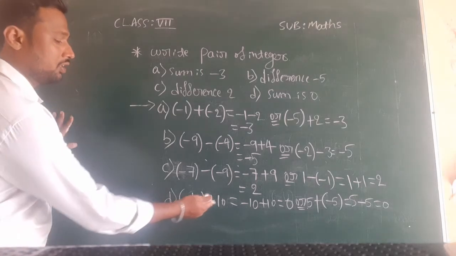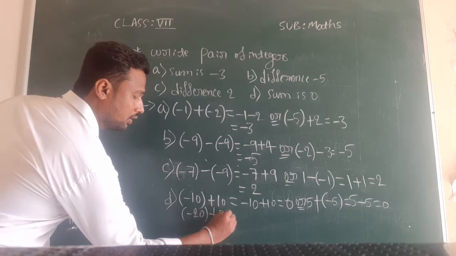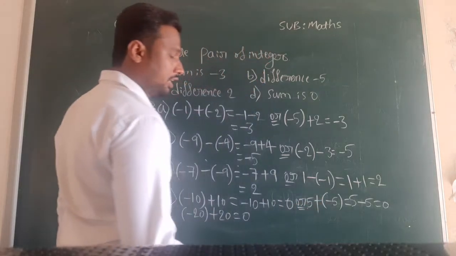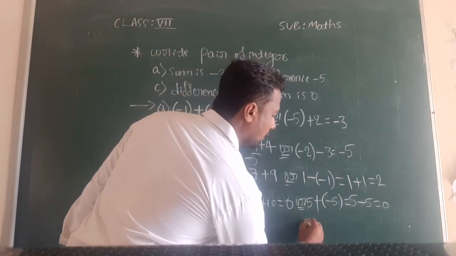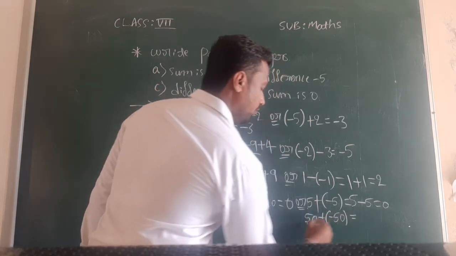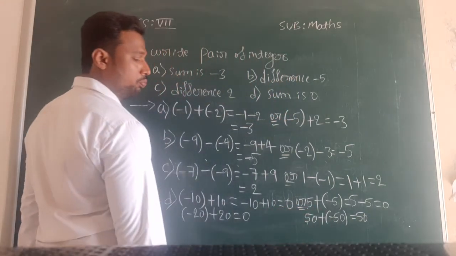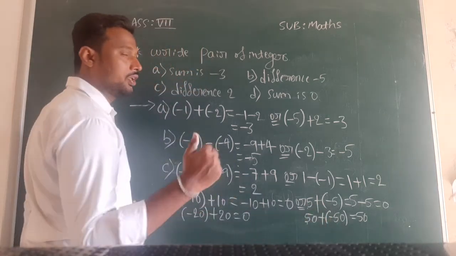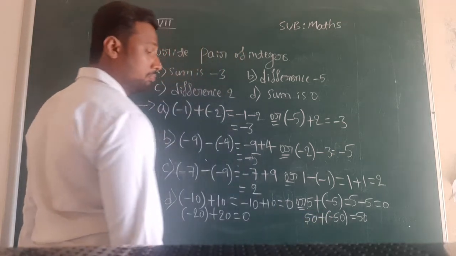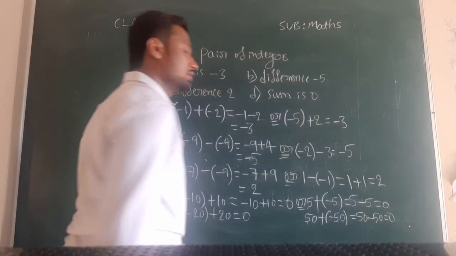Suppose for example in place of 10 if we consider 20, then also we will get the same answer. Minus 20 plus 20 means 0 only. Here in place of 5 if we consider any value other than this, 50 plus into bracket minus 50 means what we will get? 50 you can write as it is, and inside the bracket we have minus 50. When removing the bracket what you have to do? You have to multiply the sign outside the bracket. So applying plus into minus, minus. So minus 50 we will get. 50 minus 50, 0.